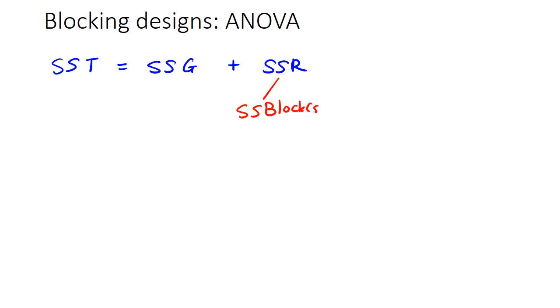In CRD, we partition the total sum of square into the sum of square due to treatment and the sum of square due to residuals. In blocking designs, we further partition the sum of square of residuals into the sum of square due to the blocking factor and the sum of square due to random residuals. Depending on the designs, we can have more than one blocking factor. The linear model,